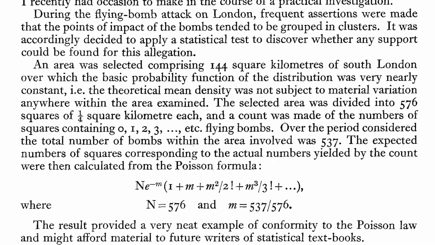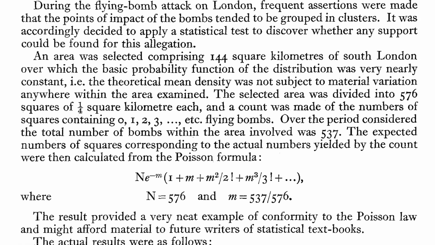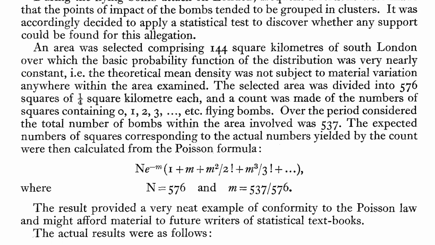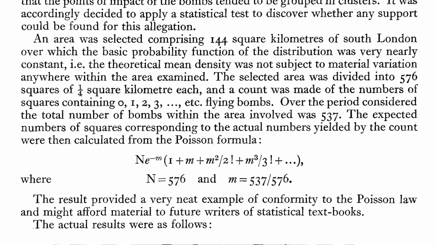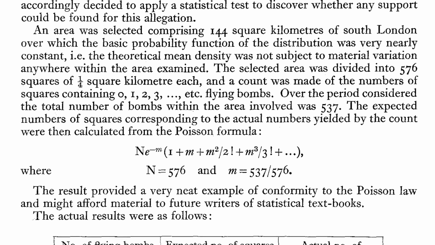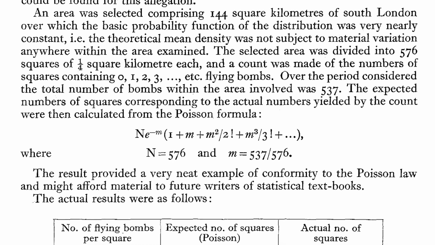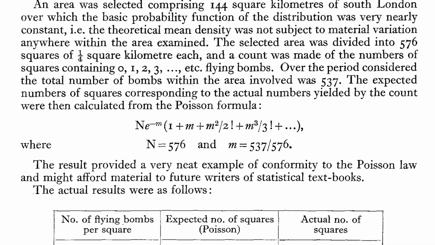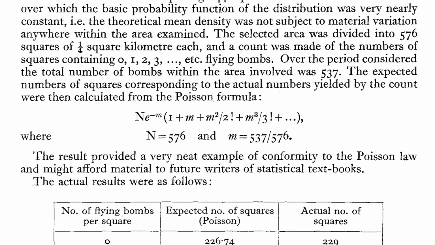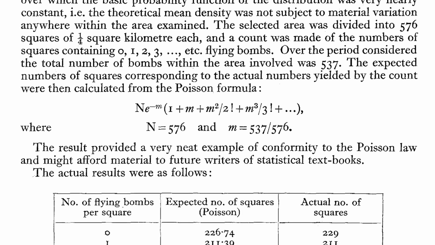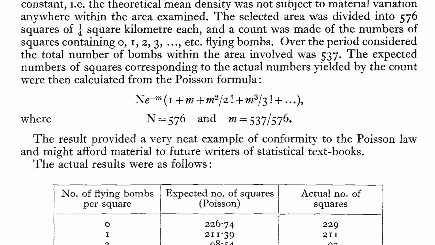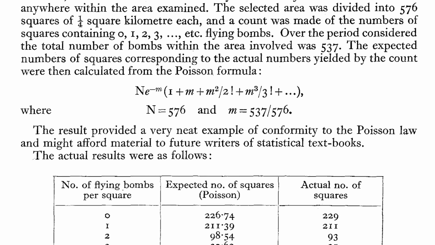So what's a Poisson distribution? The Wikipedia explanation is predictably dry. The Poisson distribution is a discrete distribution of the probability of a given number of events in a fixed time or space if events occur with a constant average rate and are independent of each other. How does this line up with the London bombings example? The independent events that occurred with a constant average rate were the bombings, and the fixed areas were the squares